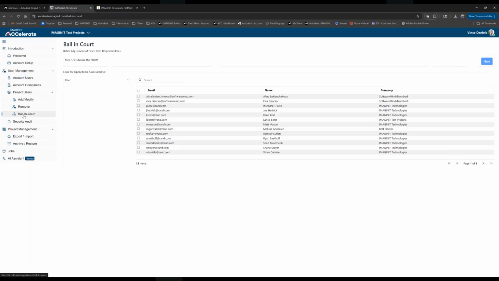This ball and court, I'll just describe this one. We don't really have any active workflows set up within the test environment, but the ball and court option allows us to swap users that have a ball and court assignment to a few of the different specific tools within Autodesk Build that have workflows built into them. So a good example of this is if someone goes on vacation or they get removed from the project, you're moving them to a different project team, and you just need to swap out all of their ball and court responsibilities, all of the open objects that they have ball and court assignment to,